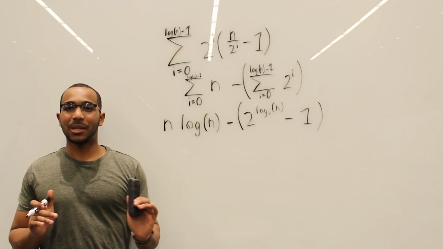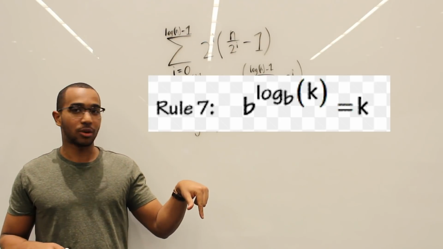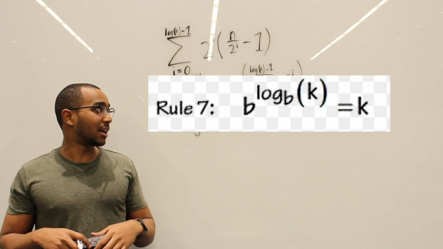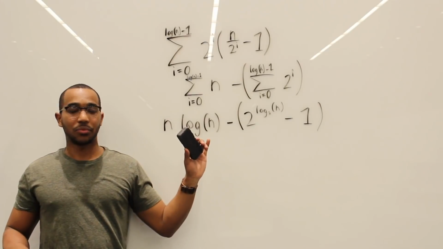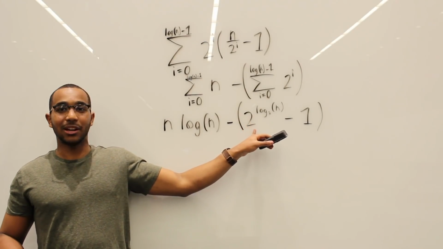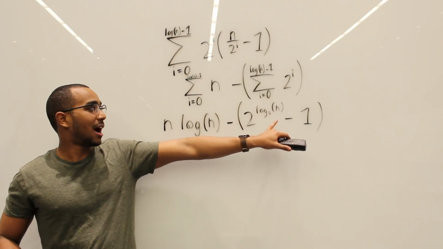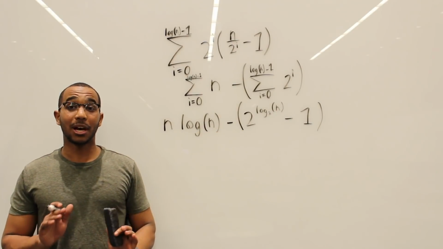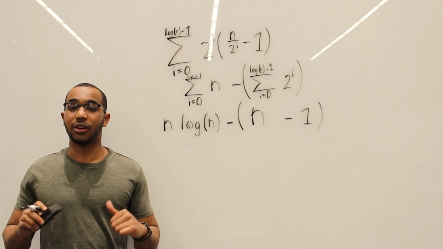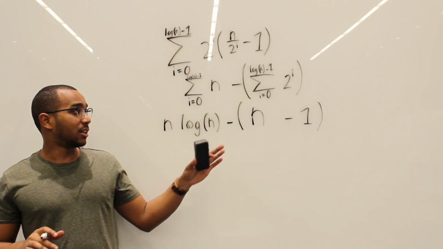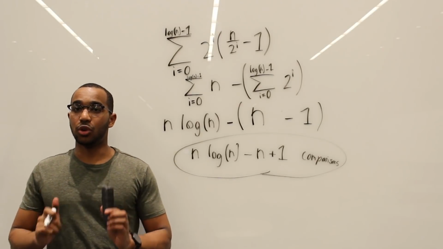So what happens? This is a logarithmic rule, and it looks like this. Again, I'll put a link in the description, and there's an intuitive understanding behind it. This is just the same thing as what's inside there. If I have 2 to the logarithm with the same number as its base, I just get that number, and it becomes n. Again, I'll have links for these more complex steps in the description for your further investigation. And finally, we have n minus 1, distribute the negative sign in, and what do we find?